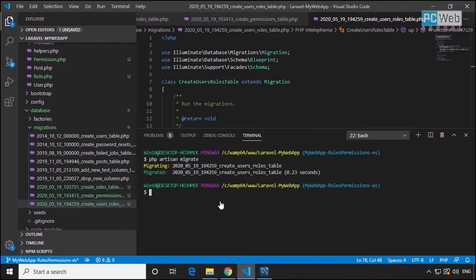Okay, so let's do it for the permissions as well. So php artisan make:migration, and I will use the same, create_users_permissions_table. As I said before, I would like to repeat, create and table are used by Laravel, but the real name will be user permissions. And now if I press enter,